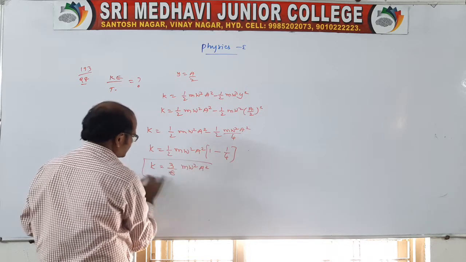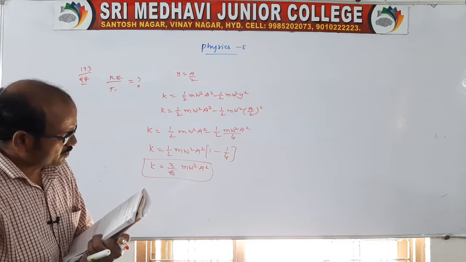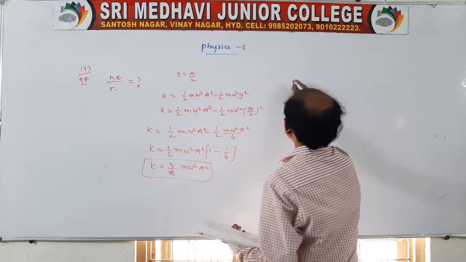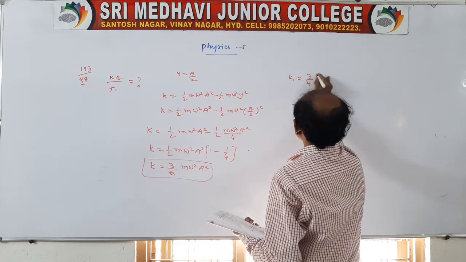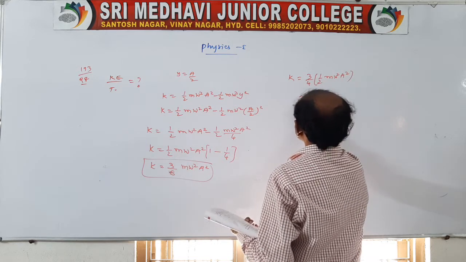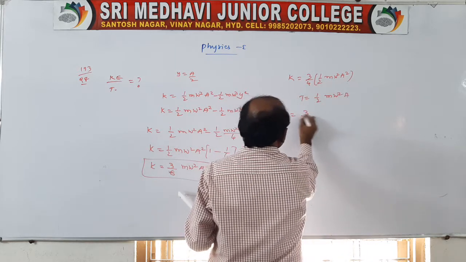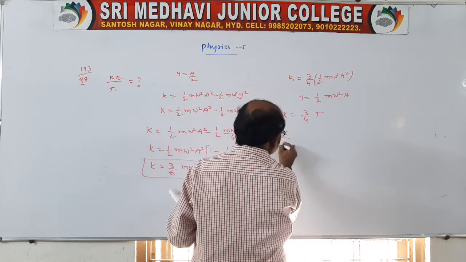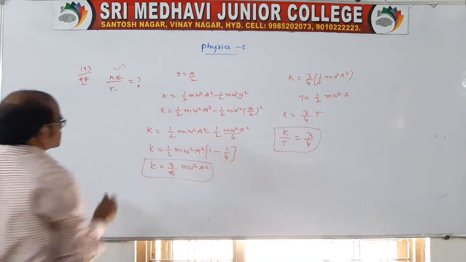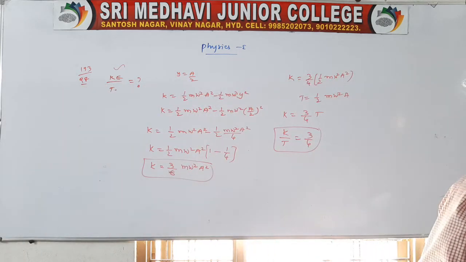Just now we did this. It is asking in relation to the total energy, no? So here you write like this: kinetic energy is 3 by 4 into 1 by 2 m omega square a square. But we know total energy is nothing but half m omega square a square. So kinetic energy is equal to 3 by 4 of total energy, or K by T is equal to 3 by 4. It is the fraction, because it is asking what fraction, no? So we can take it like this, right?